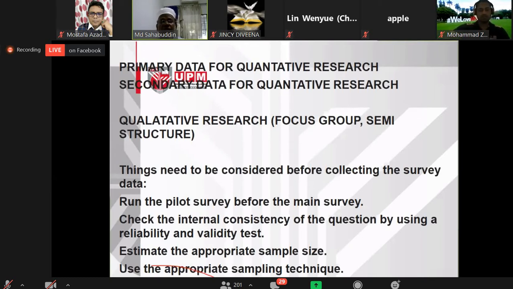But when you do research under the social science, the pilot survey is very important for the main survey. The pilot survey gives us the idea. Otherwise, after the survey, maybe there is something wrong. So before you do the final survey, please do the pilot survey first, and we have to get an idea about the sample size and also the sampling technique. Because if our sample size is not properly done, and also the sampling technique is not properly done, it will be a problem for the data collection and our data analysis. So before data collection, we have to check the sample size, the sampling technique, and the pilot survey, which is very important.